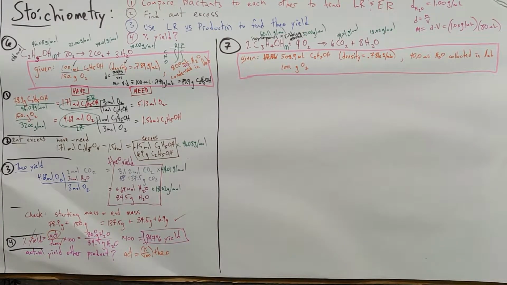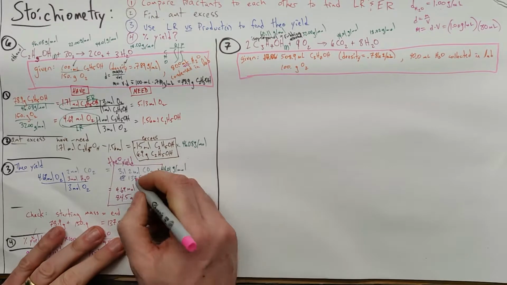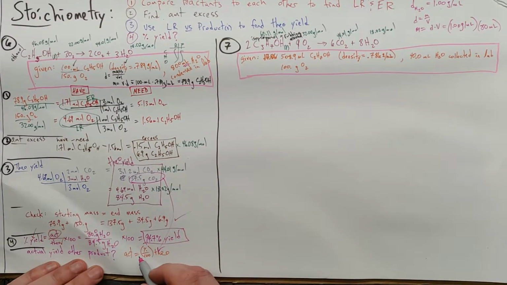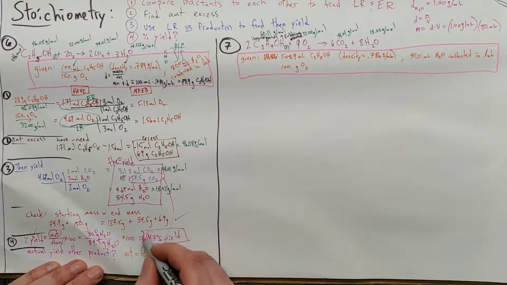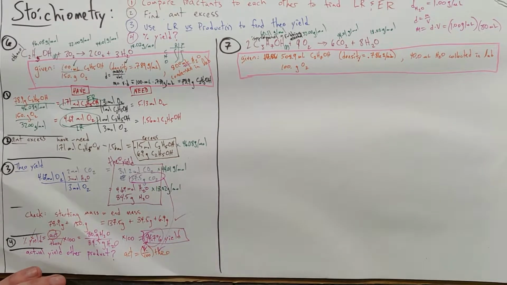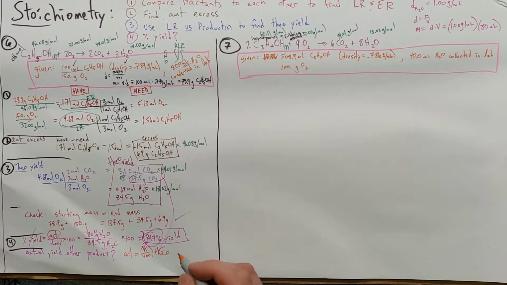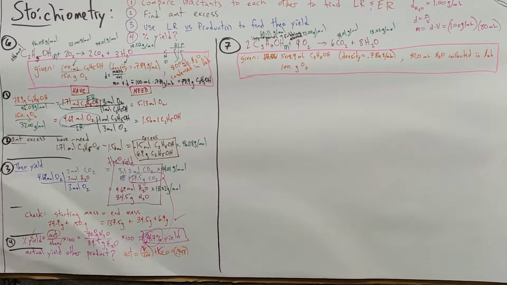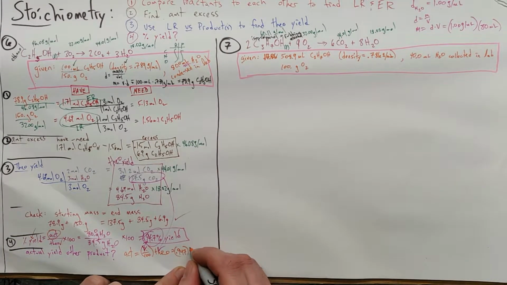And we have that theoretical yield right here, and we have a percent yield right here. We're going to solve for the actual. In this case, that's going to be 0.947 times these numbers here. And since I'm a little short on space, I'm not super motivated to come up with both, we'll just say